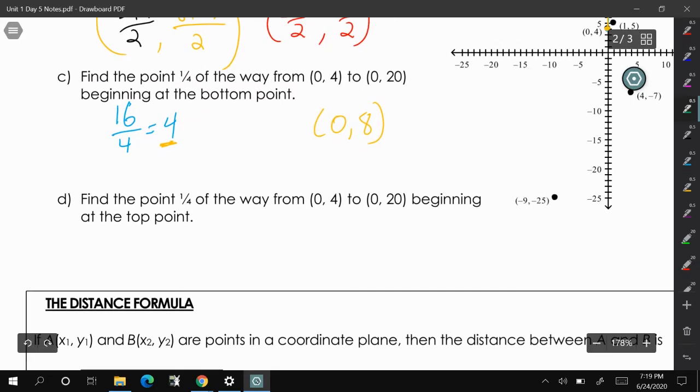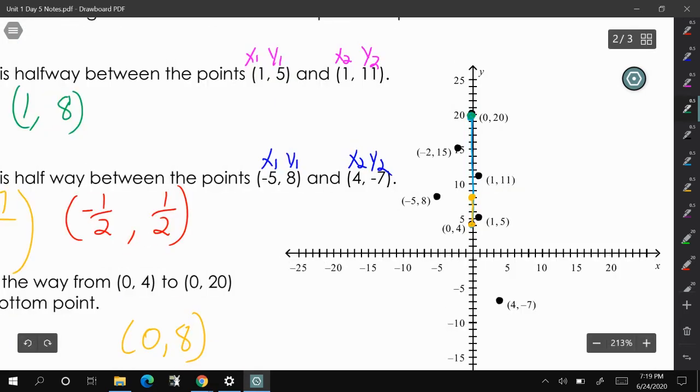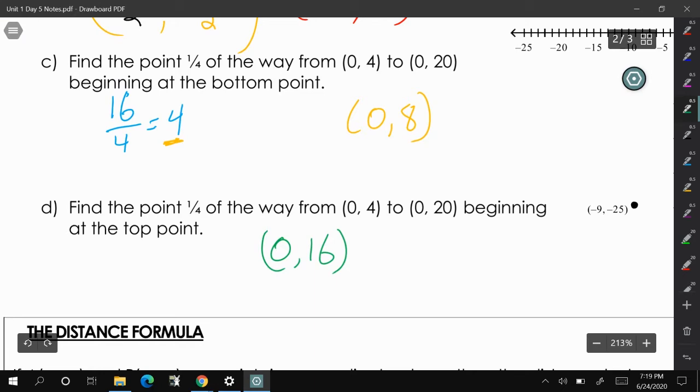Then find the point 1/4 of the way from 0, 4 to 0, 20, beginning at the top point. So here, and we're going to go down for 1, 2, 3, 4. And that point is 0, 16. Now, to find the distance of this segment from here to here,